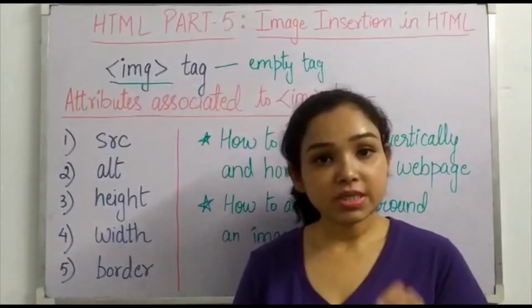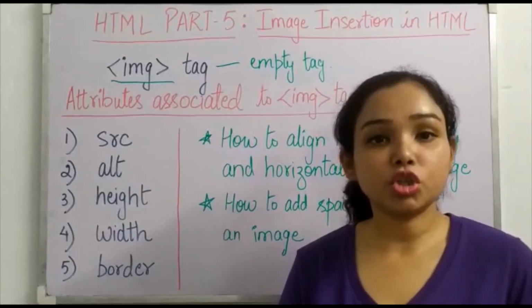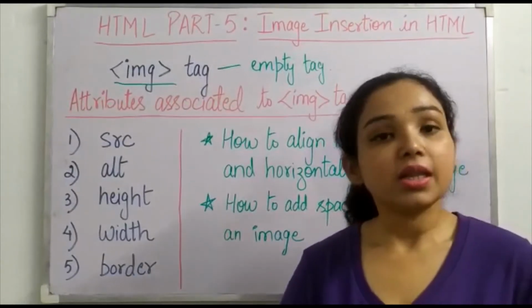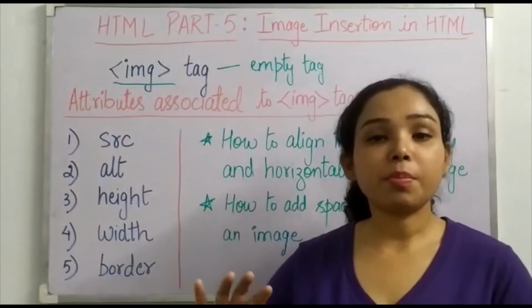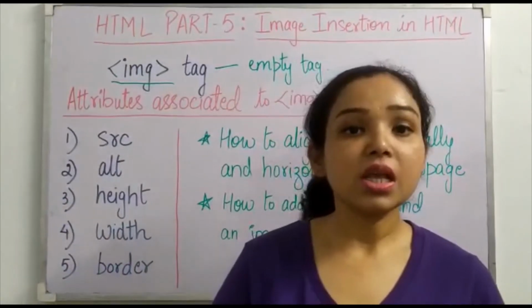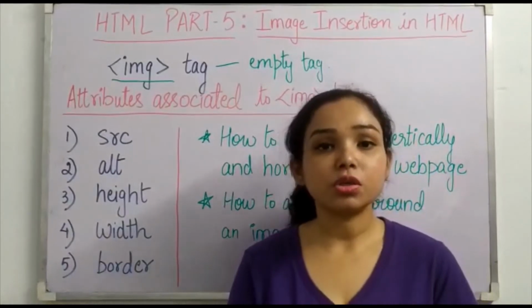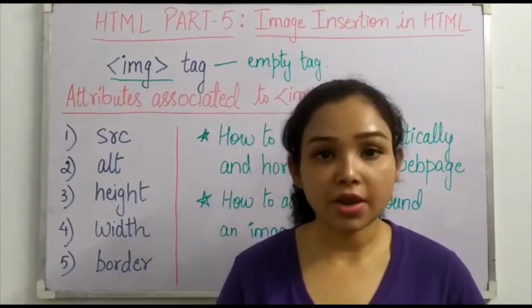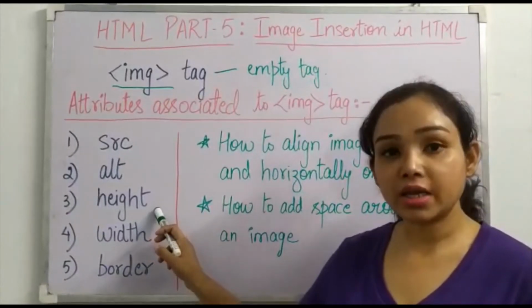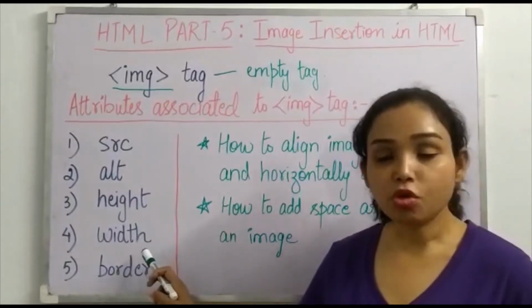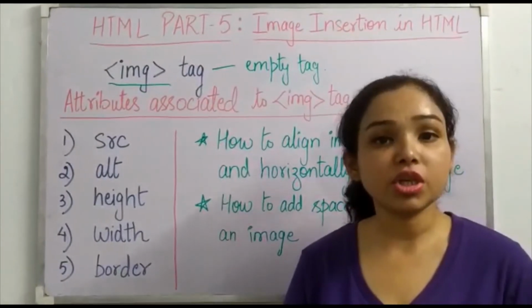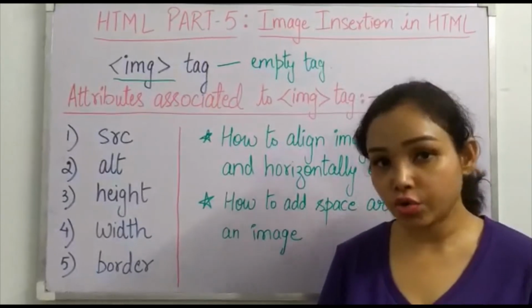Apart from this, we are also going to understand the use of the alt attribute, the alternate attribute, which basically means what has to be shown in case of no image. Let's say I mention the path of an image, and in case that image does not appear on my web page, then what should the browser show in that scenario? Then the next thing we will do is the height and the width of the image.